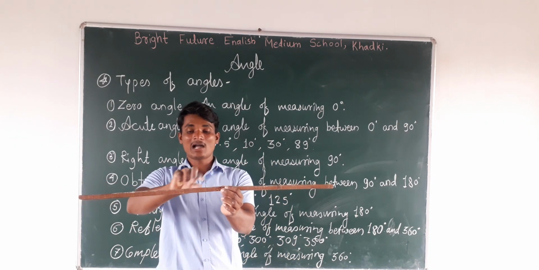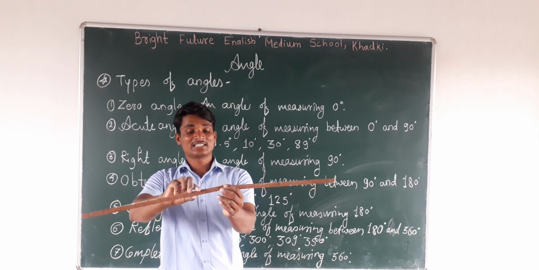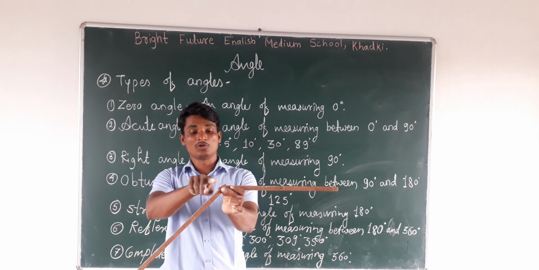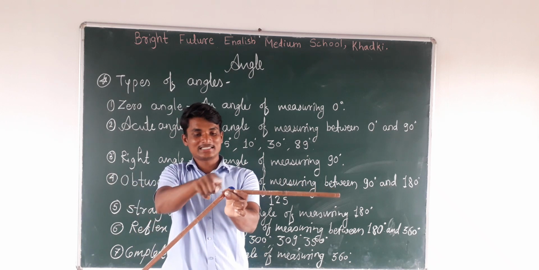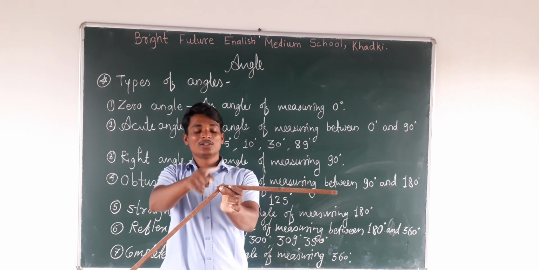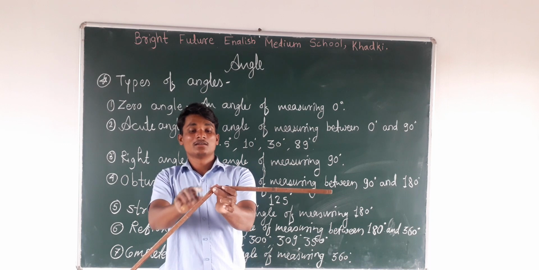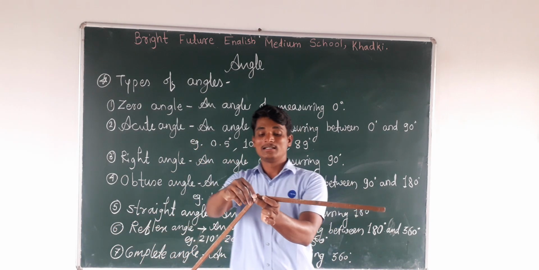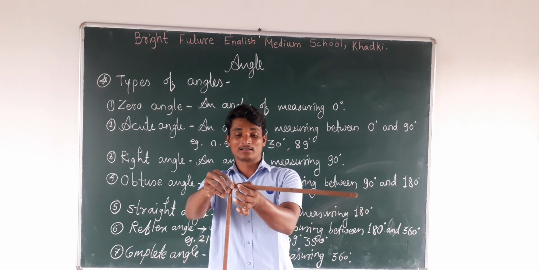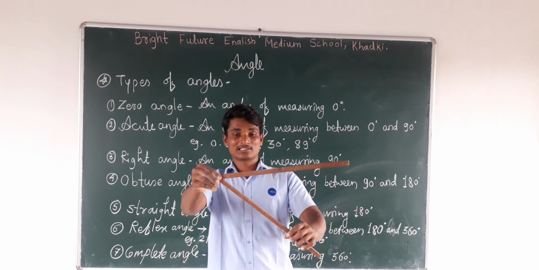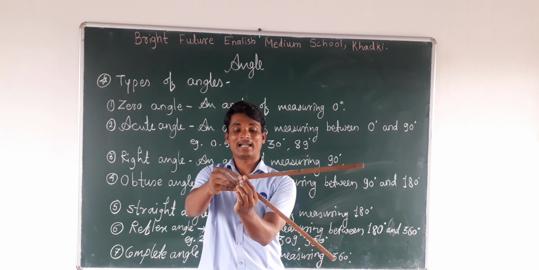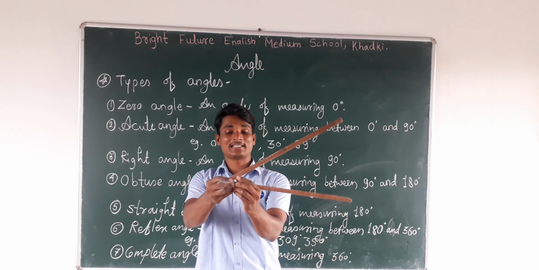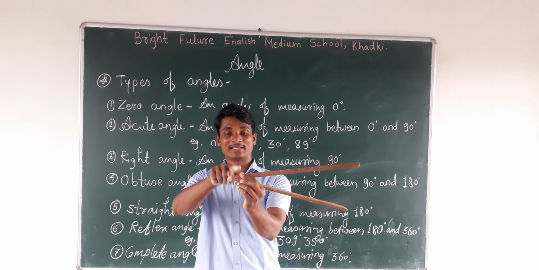Measurement is 180 degrees. Now after the 180, this upper side angle is called a reflex angle because it is more than 180 degrees. So this is called a reflex angle. More than 180 degrees is called a reflex angle. Then again we move the second ray further, and this is also a reflex angle. When we consider at this point, this is also a reflex angle.